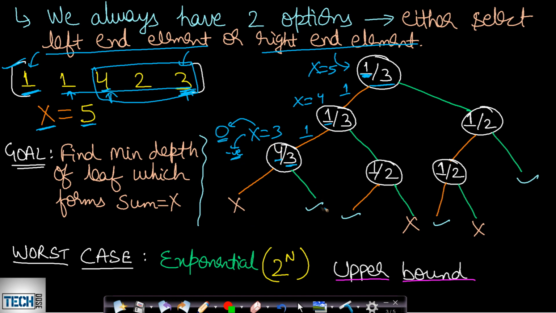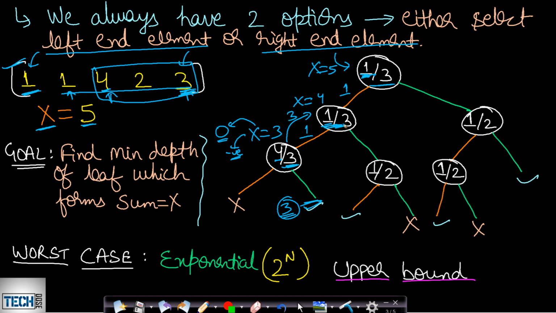Otherwise, if you select this 3, then your x value will go to 0, which is the case you want. And since you were able to convert this x to 0, you will have to return the length of the sequence. So in this case, the length of the sequence will be nothing but the depth of the tree. Depth of the tree here will be equal to 3. Therefore, if you select 1, 1 and 3, then you will be able to reduce this x to 0. Okay. So your sequence length is 3. Therefore, you will be returning 3 to this one.